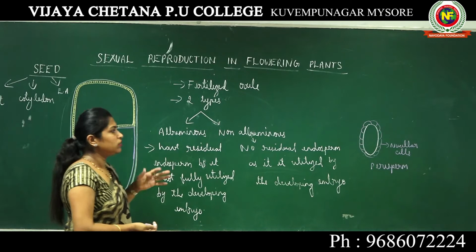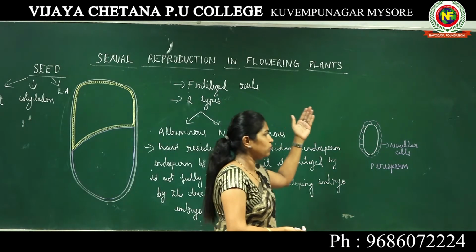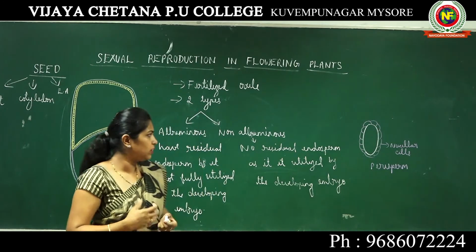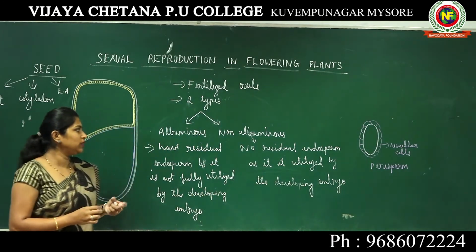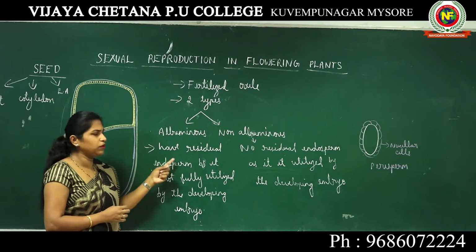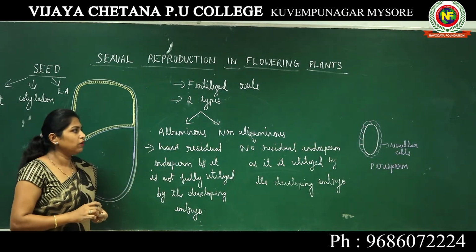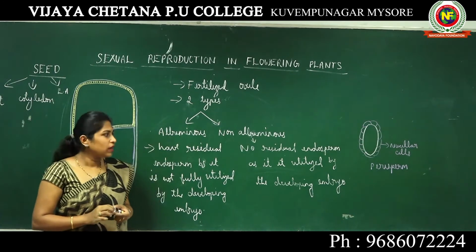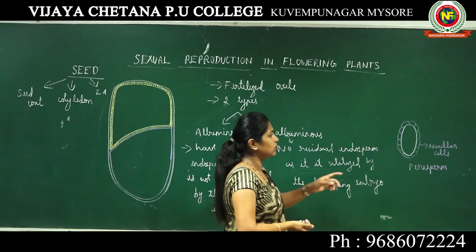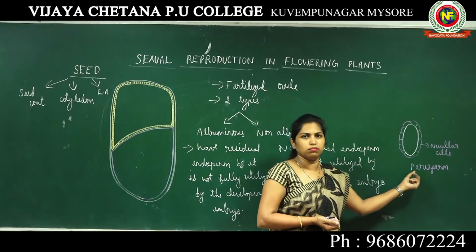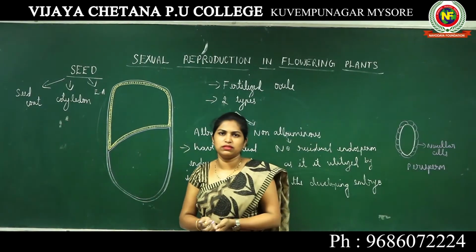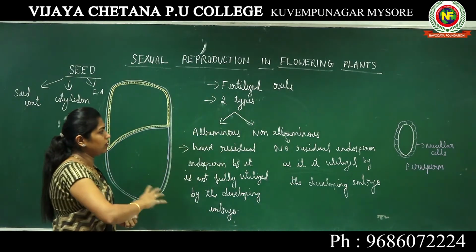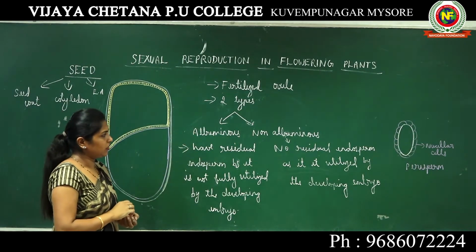Seed will have a seed coat apart from cotyledons and embryonal axis. Okay. Now, generally a seed will not have nucellus inside it when it is formed. It will either have endosperm or not have endosperm. However, if the seed is carrying nucellar cells, at that particular time, these nucellar cells are known as perisperm. We can say perisperm is present inside the seed. This is the general information about a seed.